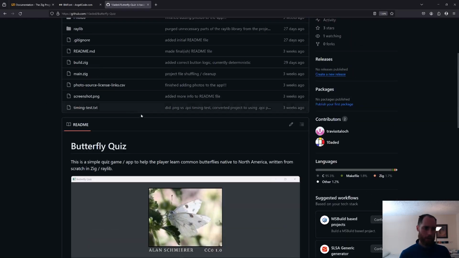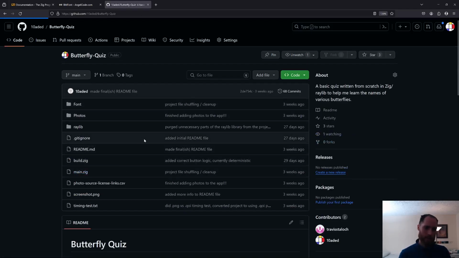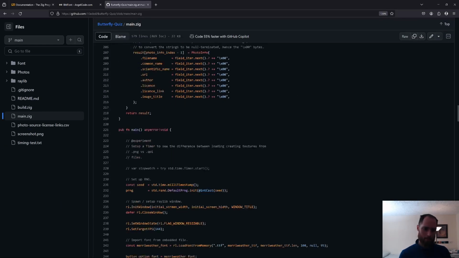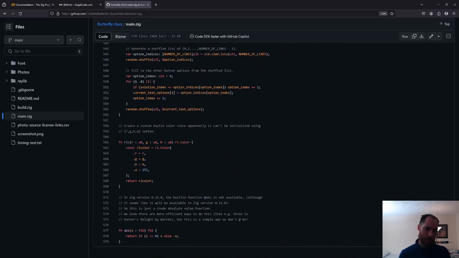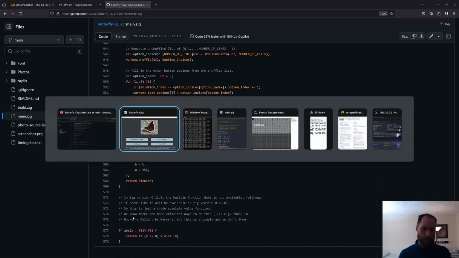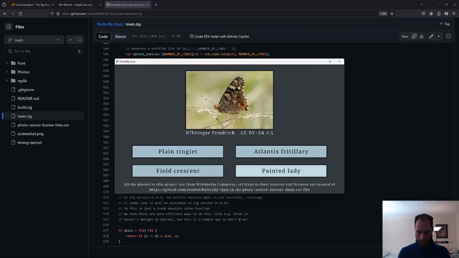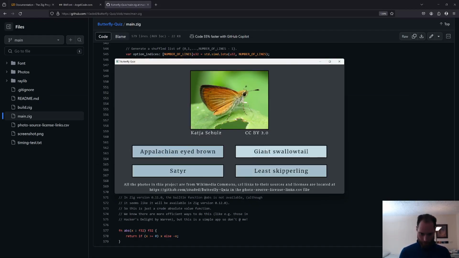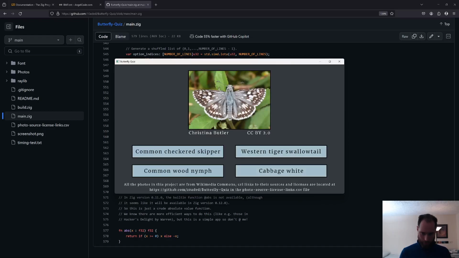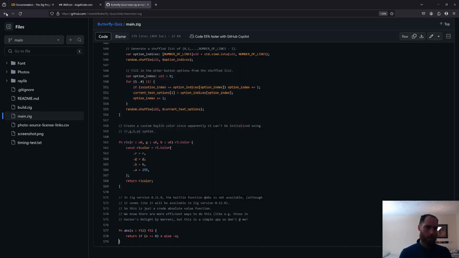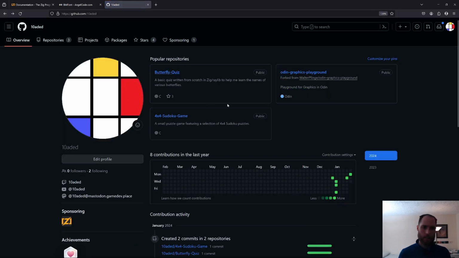You can see all of the code. Basically, the entire code of the app is just this single file. It's very simple, less than 600 lines. And then the app itself is like, this is a morning cloak, painted lady, leaf skipperling. Yeah, we just made this with simple buttons, a bit of text rendering, a bit of images, and so likewise for the current project,